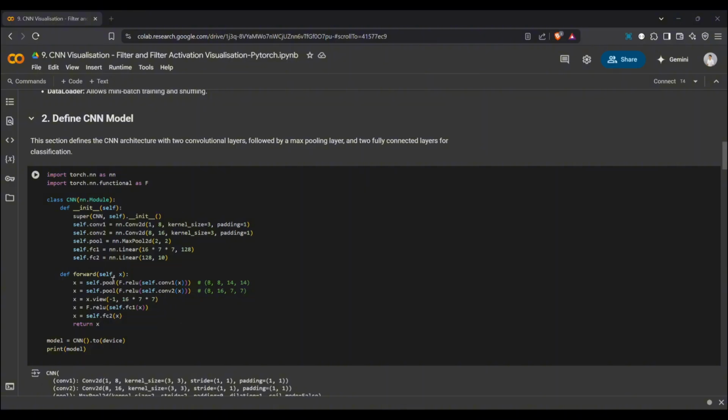Then we have max pooling. Max pooling reduces the size of the feature maps. We already discussed this in our previous lesson. As a review, max pooling saves computation and helps avoid overfitting by focusing on the important features.